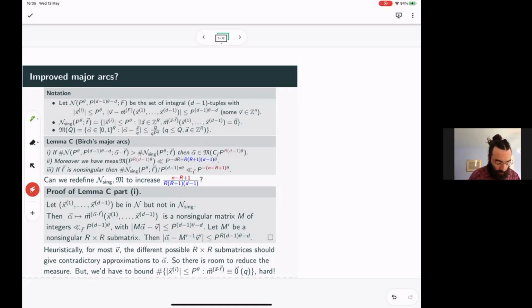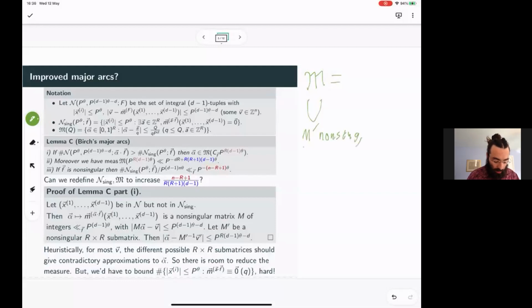And the idea was that in Birch's original method, one interprets this as a condition on alpha. And in fact, one can see the major arcs in Birch's method as essentially being the union over all possible non-singular matrices